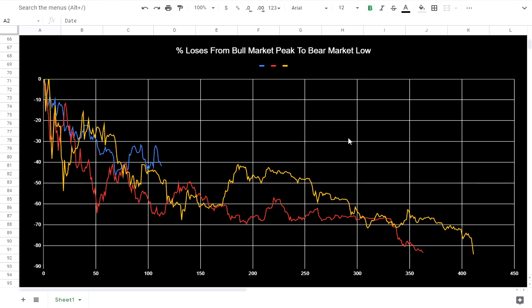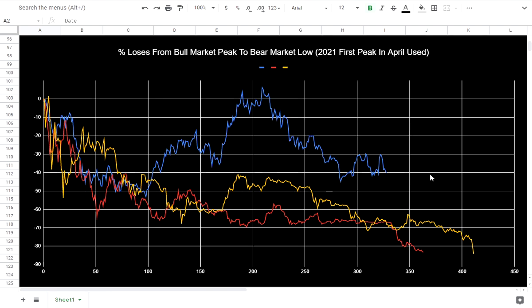So what about if we use that 65k peak back in April of last year instead of the 69k peak? Will we get something that looks really different here? This was the 65k peak here. We had that 50% drop down to 30k, and then we bounced and made a higher high at 69k, dropped